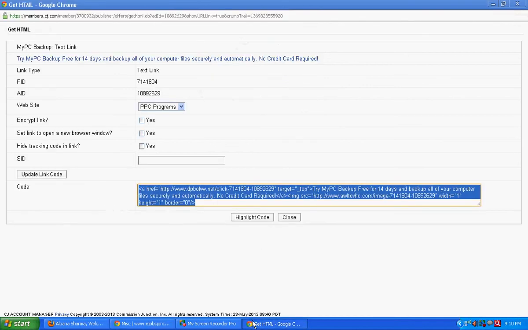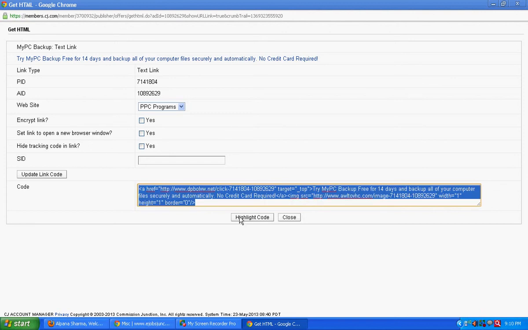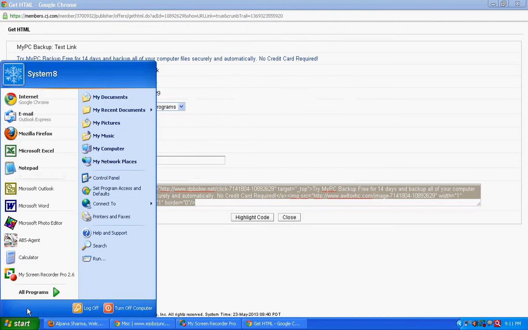Now, if you don't have a website and you want to promote it via a PPC program option, you have to take this part from this code. The part which is coming into the first inverted commas after this href tag, you have to take this. I will just copy it. I will show you.